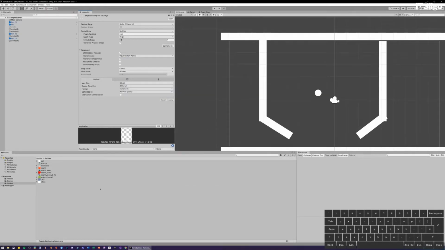That is all the art assets we're going to need for the time being imported. So depending on how you did this, if you had no animations, you were able to just drag and drop them in. But if you had multiple frames inside the image, you would have had to bring them in as a multiple. Okay, so